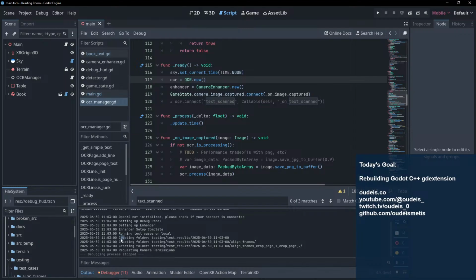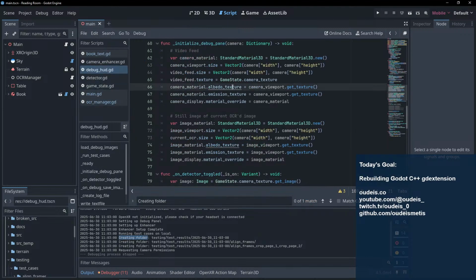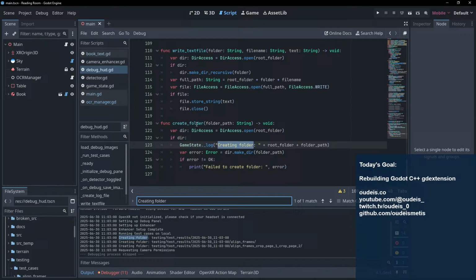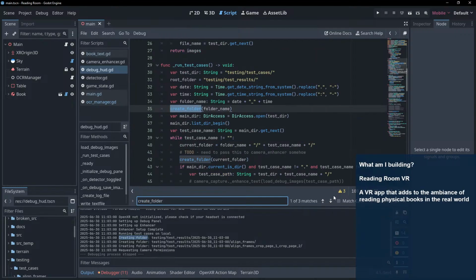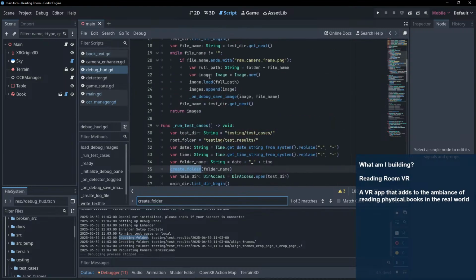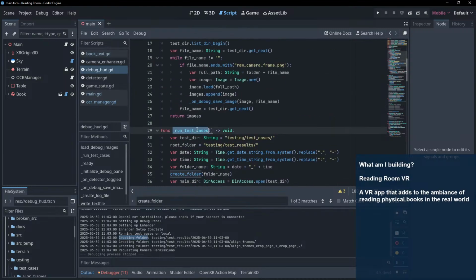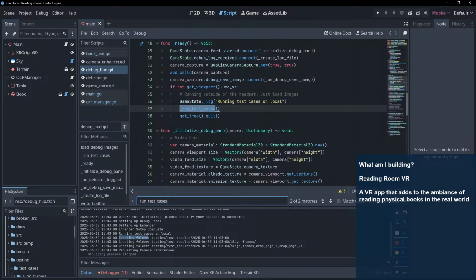Creating folder. Debug HUD probably. Run tests, right. Let's turn off run tests for the moment. Right.